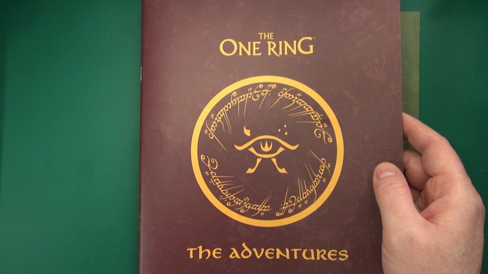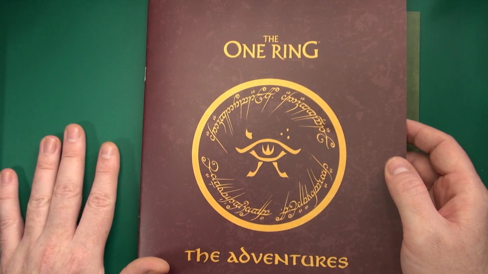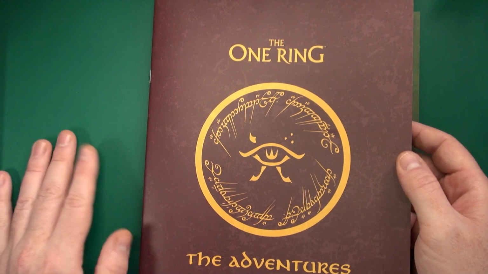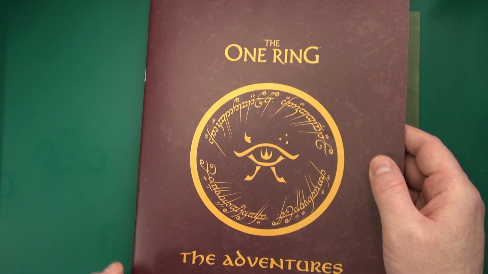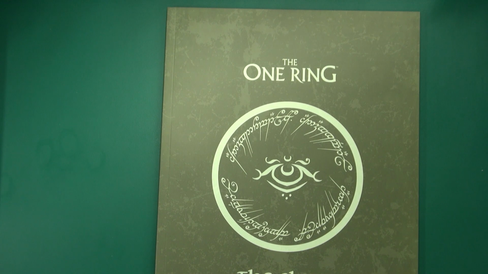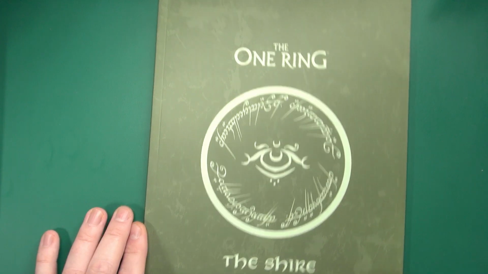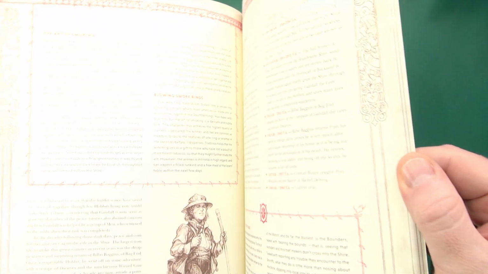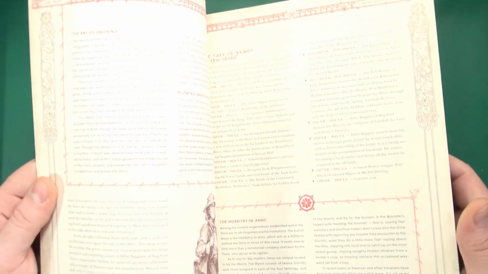I'm not sure how many sessions it breaks down into. There are different scenes, and different scenes have acts within them. So there's a bit of gameplay in there, certainly. We have the Shire. So this book is a little larger. It is 52 pages long, and it tells you all about the Shire, who's in it, who's around it, what's happening with it. It would really be a resource book,